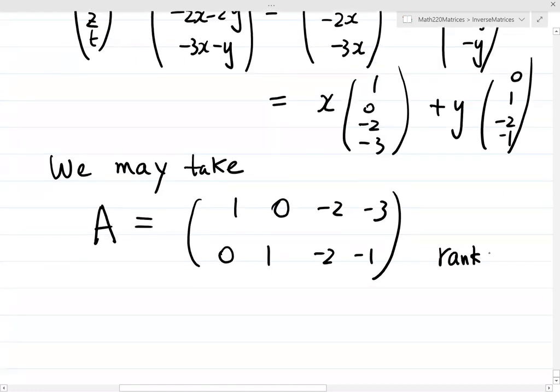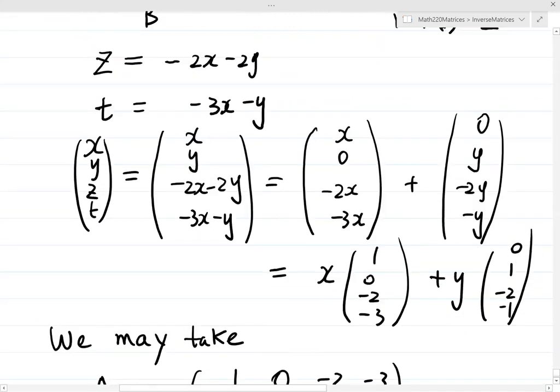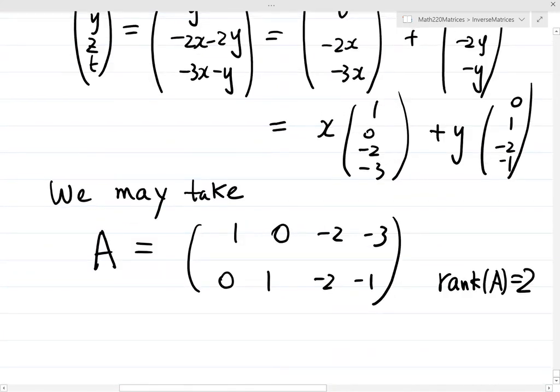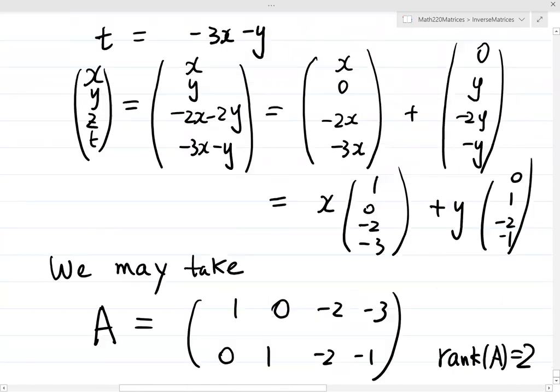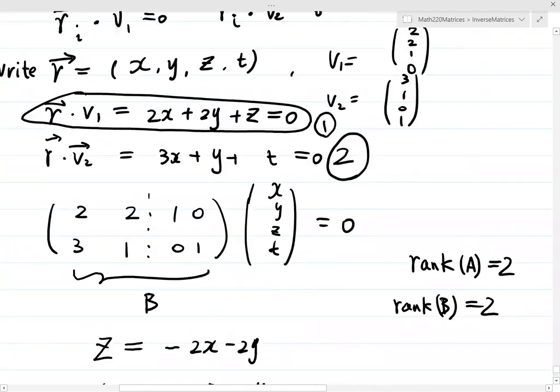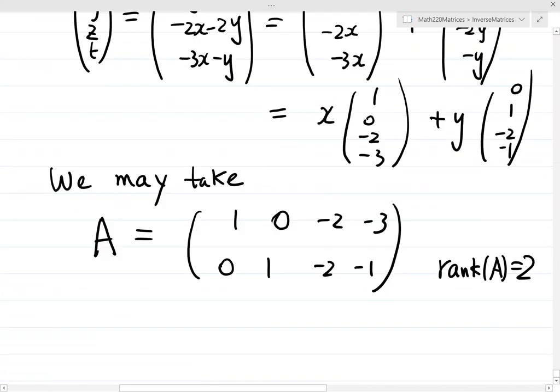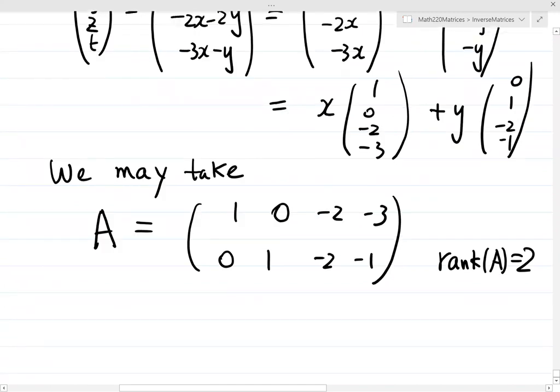Okay, the 2 row vectors are linearly independent. Rank A is 2. And the row vectors come from the solution that we solved. So the 2 row vectors are linearly independent and orthogonal to the 2 given vectors v1 and v2. So you see, then the null space of A should have dimension 2,